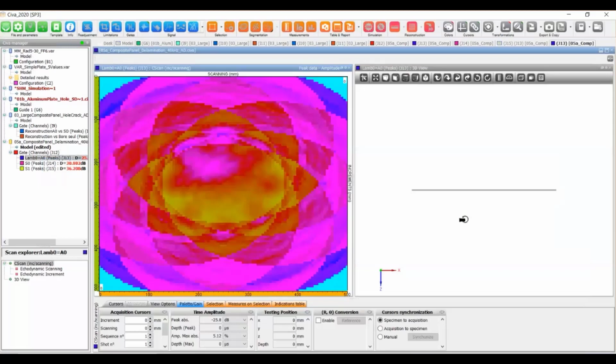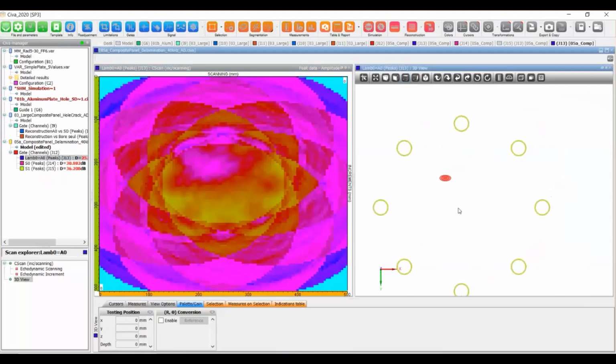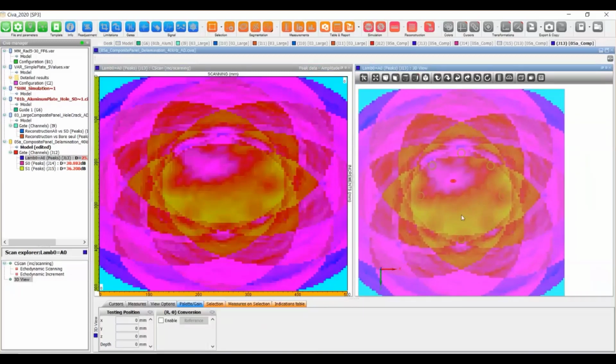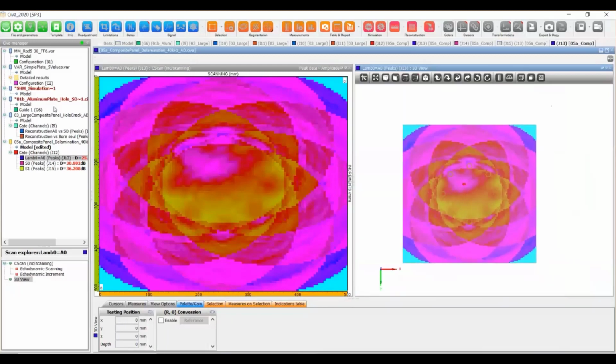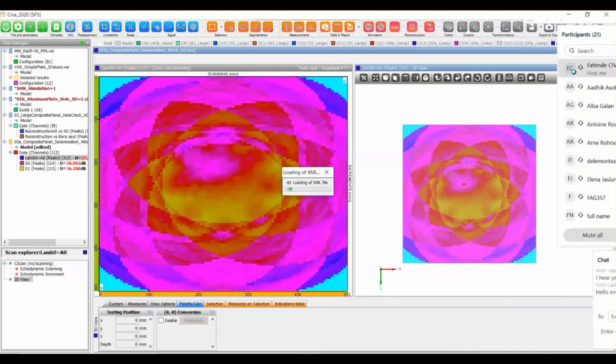Okay, and you can notice that the result is much less easy to identify than with a clear hole. With delaminations, actually there is something, but poorly separated from the surrounding signals that are due to edges effect and so on. So maybe you could imagine that the signature of the delamination could be lost in noise. So we can try other solutions, for instance, with a higher frequency, so shorter wavelengths.